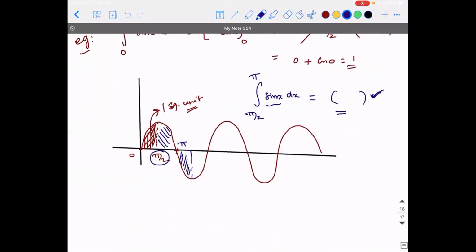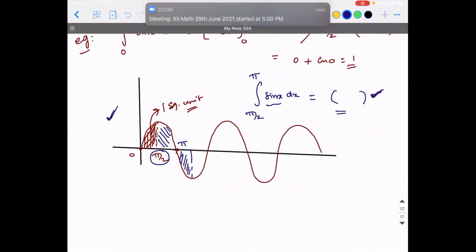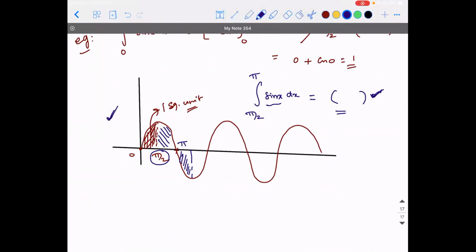So that is all about integration, guys. Tomorrow we will do some example problems and then we will go into the concept of equations of motion. How to derive equations of motion and what we have in motion in one dimension, all those things we'll deal with in tomorrow's class.